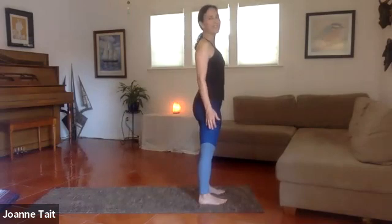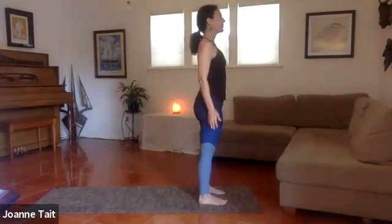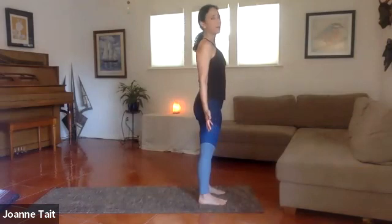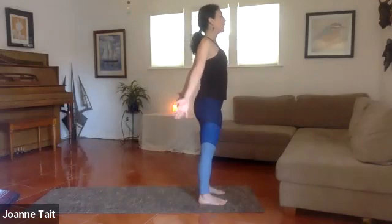Imagine heavy suitcases in your hands. And the chin is directly above the heels. So the head is floating here. Take a breath, feel your mountain pose. There's actually a lot going on here, even though it doesn't appear that way. So check it out. And then with soft knees, we're going to inhale, reach the arms back behind you and lift